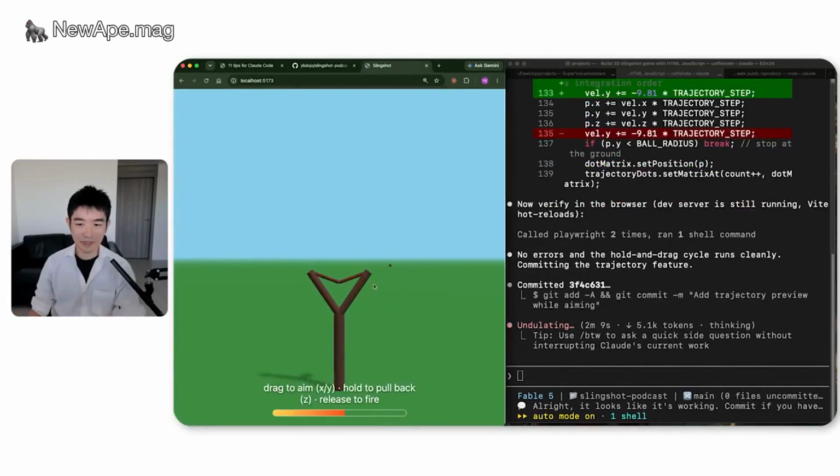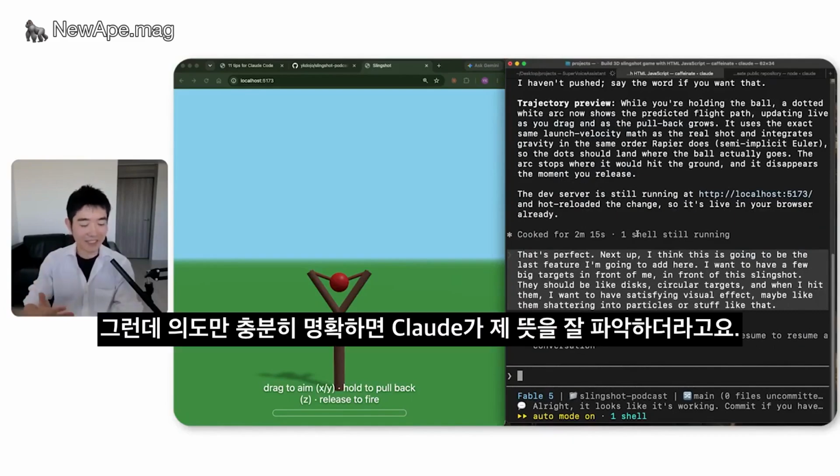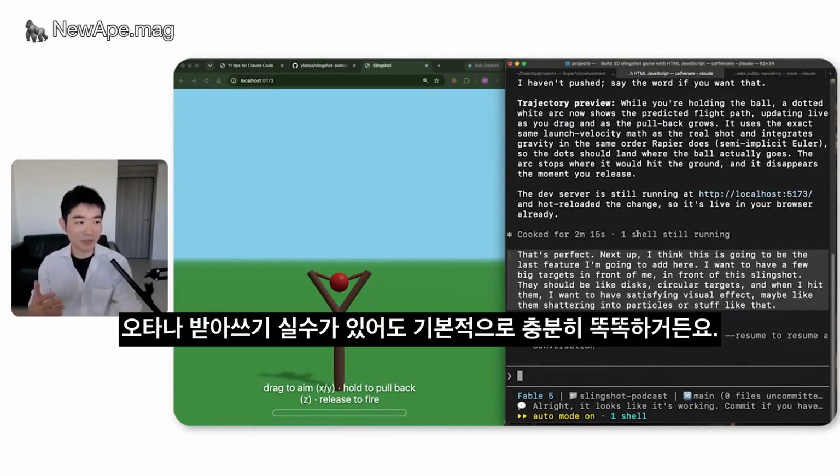It's much better, vague, but as long as your intent is clear enough, I found that Claude is able to figure out what I mean, even if there are typos or transcription mistakes. It's basically